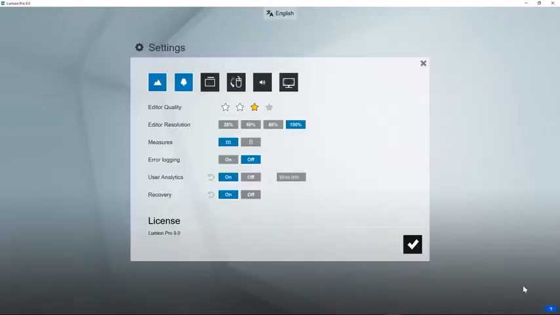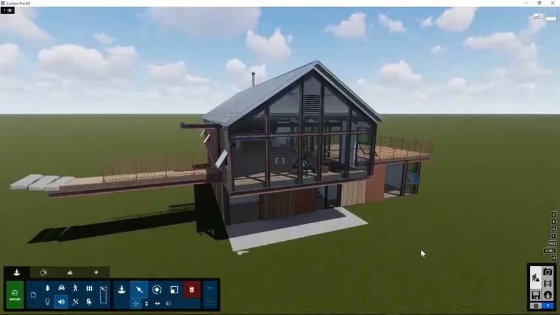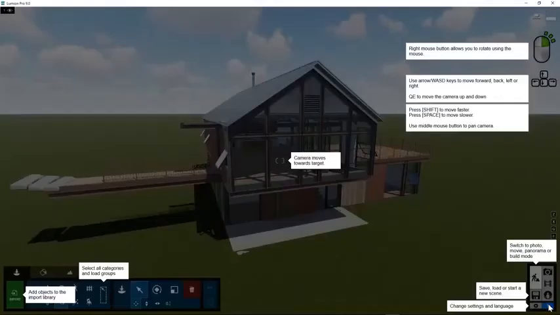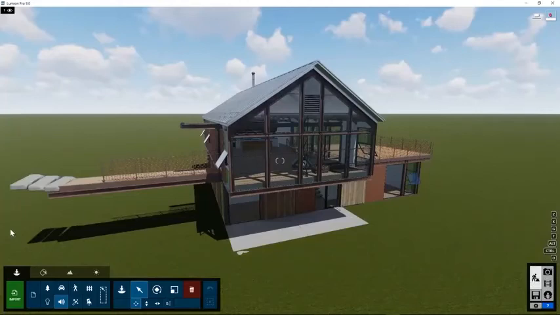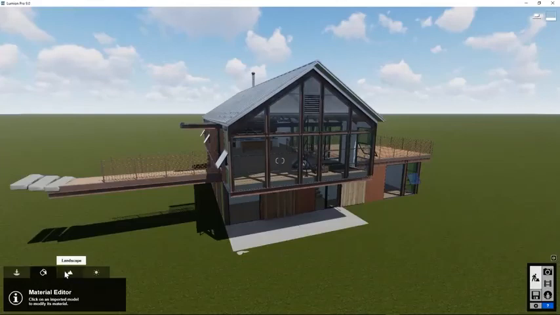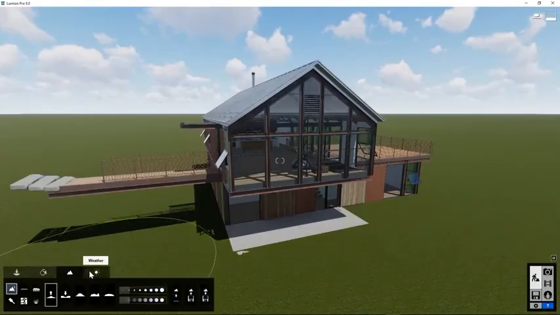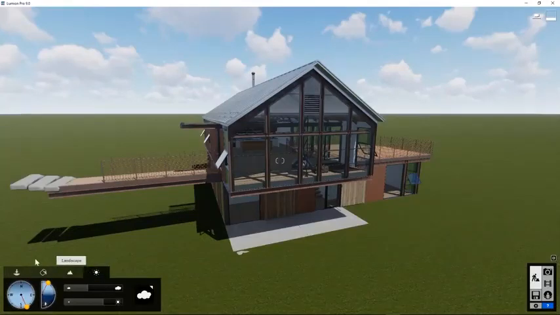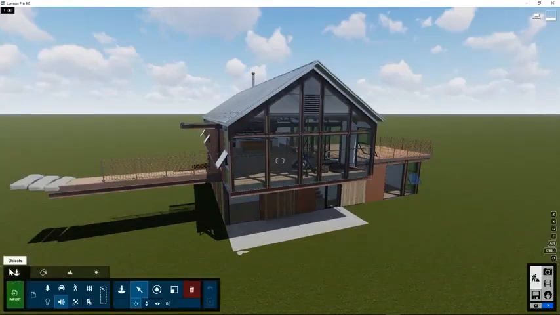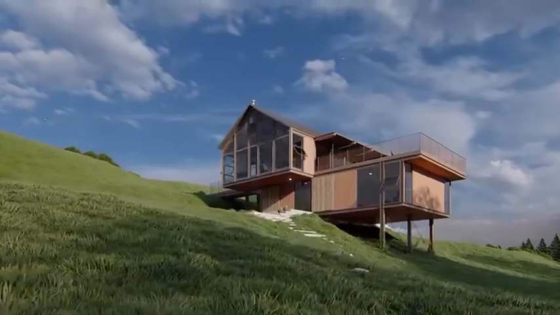This button will bring up some sections to speed up the user interface for very large projects, for example. And the question mark, the Help button at the bottom right, will bring up some details describing the different parts of the user interface. The bottom left of the user interface has some tabs that will bring up different portions of the GUI. Right now, we've been working in the Objects tab, but there's also a Materials tab, a Landscape tab, and the Weather tab. We will describe these in subsequent video tutorials. This is the end of tutorial